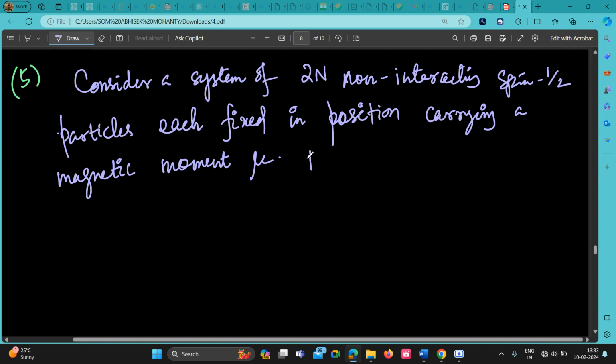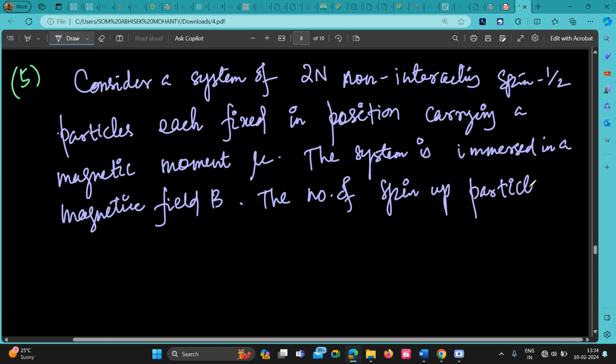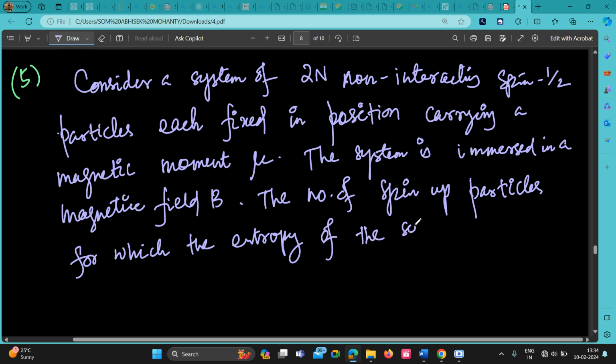The system is immersed in a magnetic field B. The number of spin up particles for which the entropy of the system will be maximum is